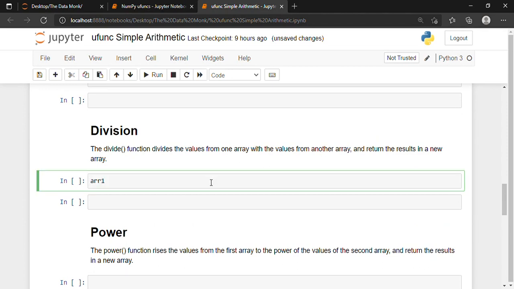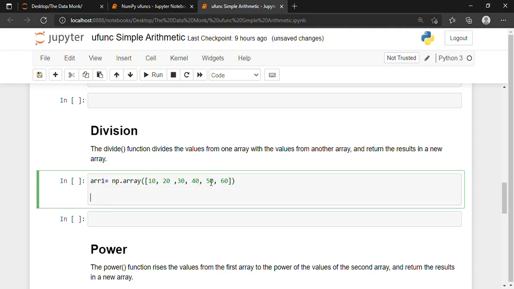Suppose that array1 is equal to np dot array, and this time I'll be taking some values 10, 20, 30, 40, 50 and 60.